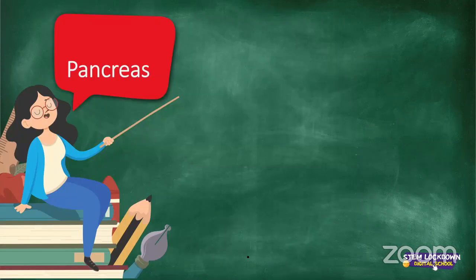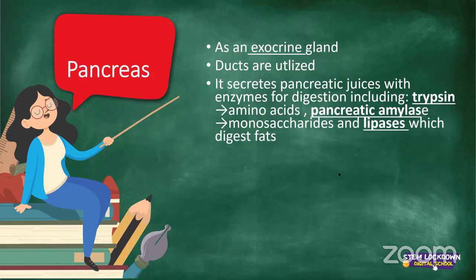Okay, the pancreas. Okay, guys, let's go back to the duodenum. What happens at the duodenum? There by the hepatopancreatic duct. Remember we said that at the hepatopancreatic duct, digestive juices or pancreatic juices are released from the pancreas, right? Meaning that the pancreas can be seen as an exocrine gland because it utilizes ducts, okay? And it secretes pancreatic juices